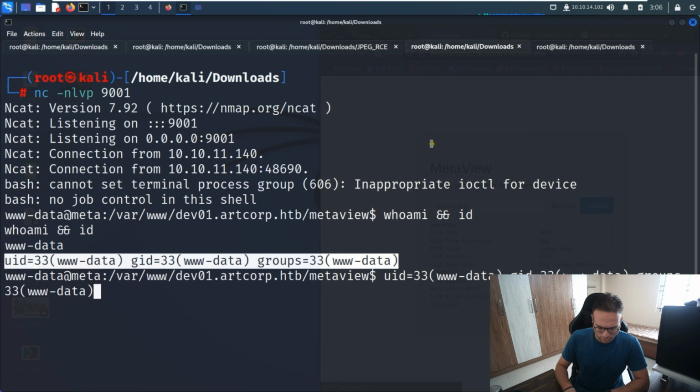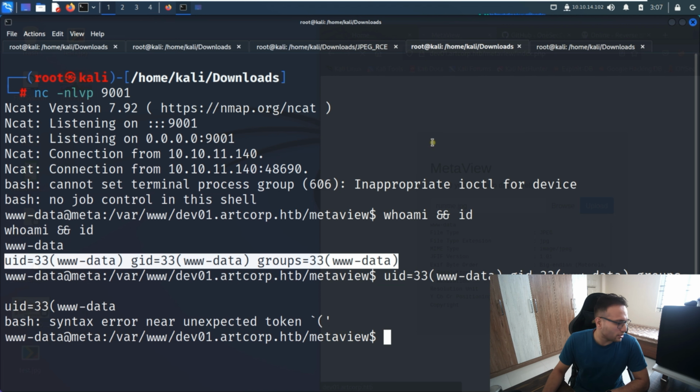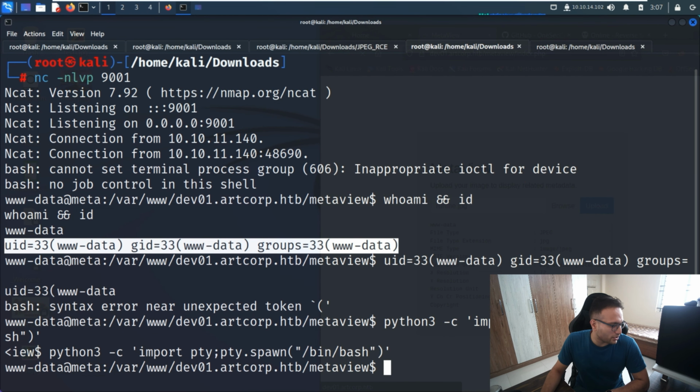So nothing much. Oh, sorry, I think the wrong one got selected over here. Okay, let me select the command once again. I think this one. Okay, perfect. So now what we have to do,